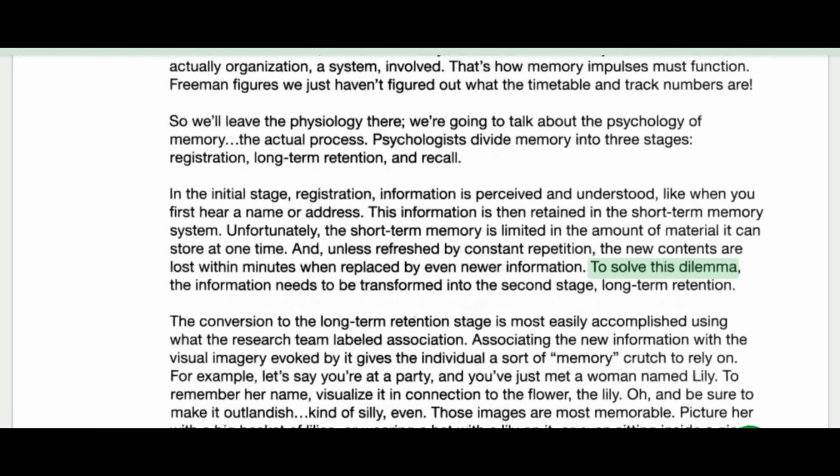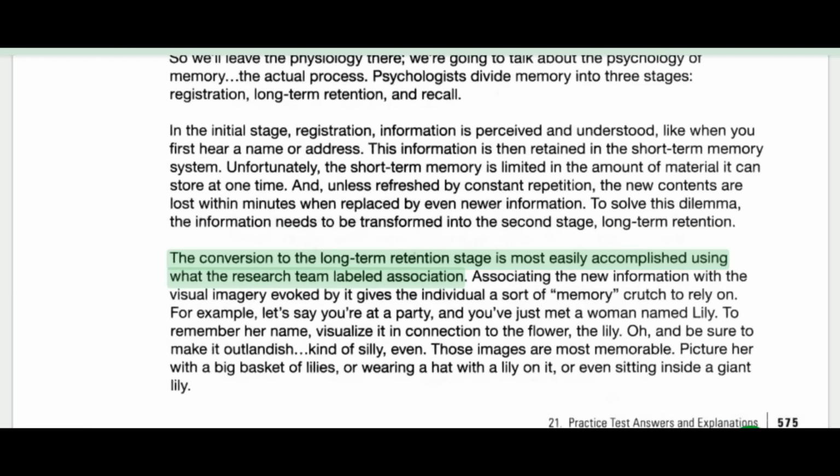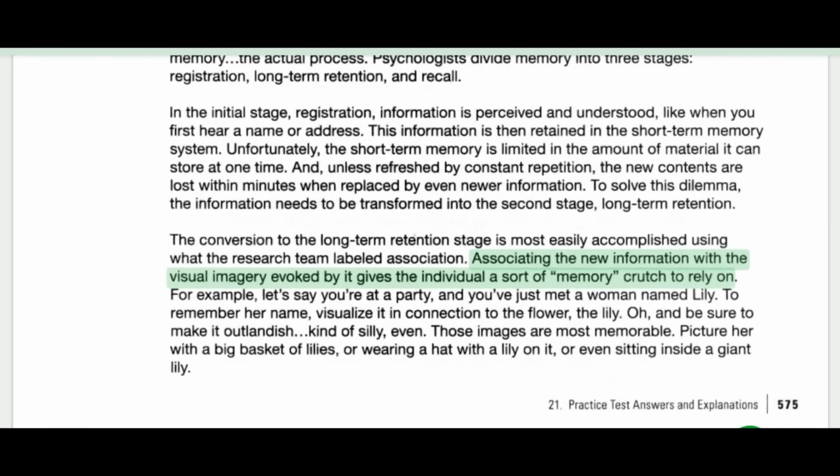To solve this dilemma, the information needs to be transformed into the second stage, long-term retention. The conversion to the long-term retention stage is most easily accomplished using what the research team labeled association. Associating the new information with the visual imagery evoked by it gives the individual a sort of memory crutch to